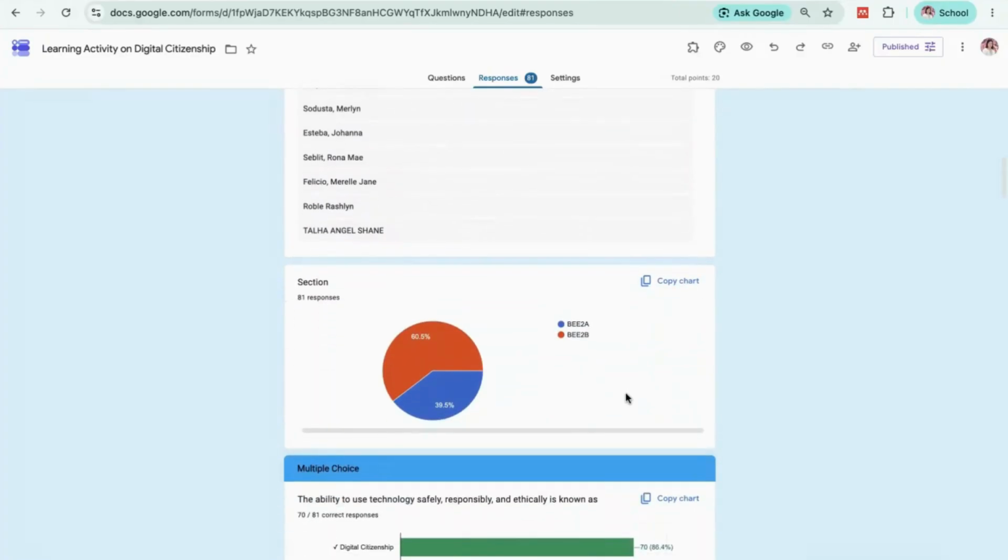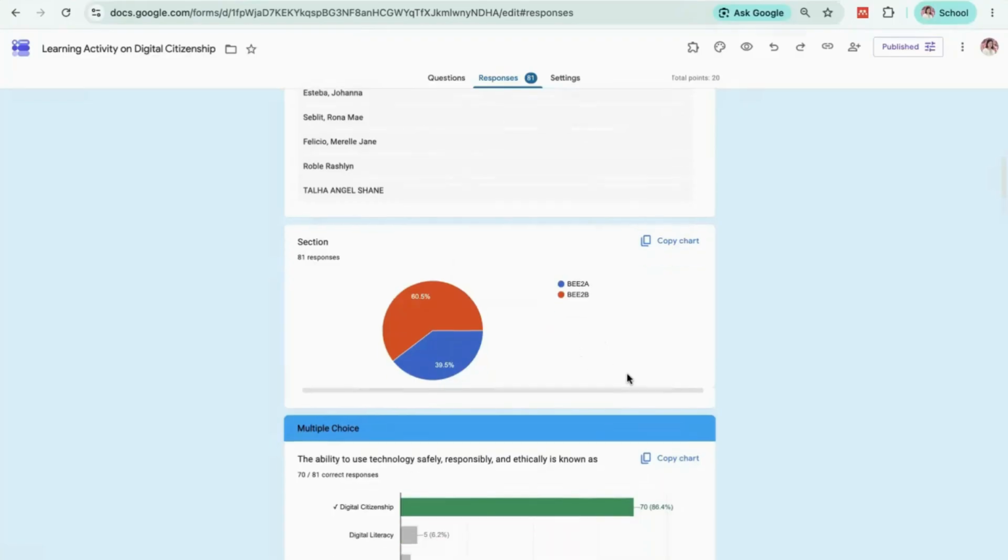You can see the visual display of how many students responded in every section. So 60.5% of the students responded from the BEE 2B, and 39.5% responded from the BEE 2A.